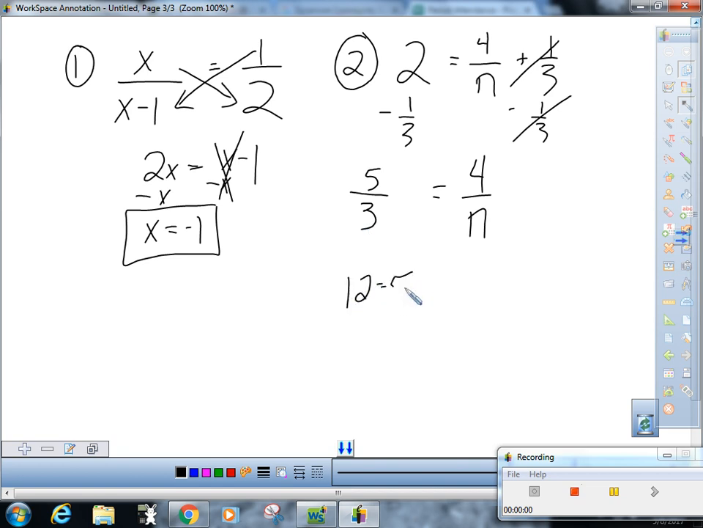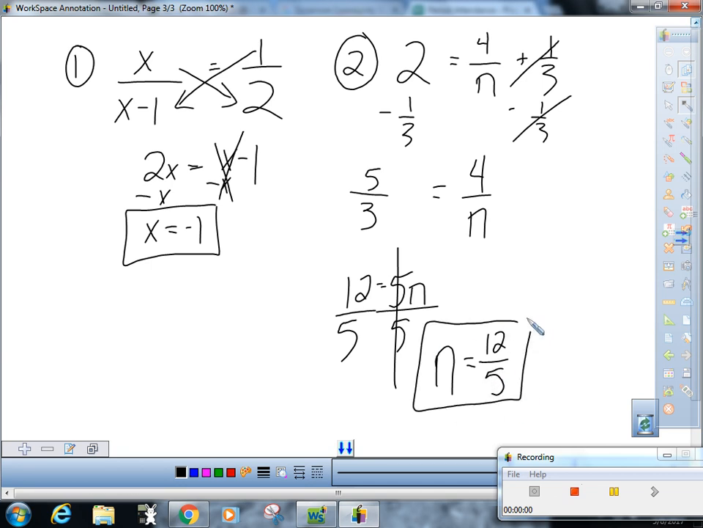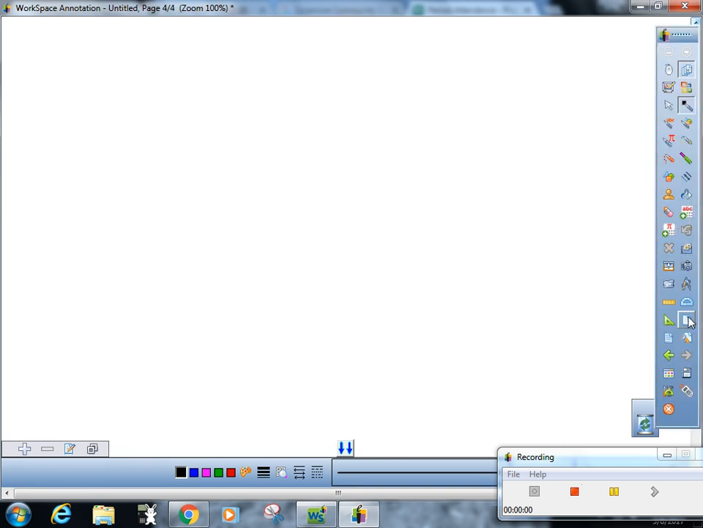12 equals 5 times n. Divide both sides by 5. And you get n is 12/5. And I'm fine with you just writing it like that. Also, you could write it as 2.4 or 2 2/5, whatever. So far, so good? Decimal's fine. Okay, so